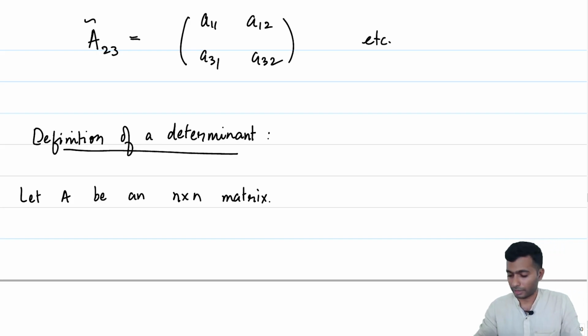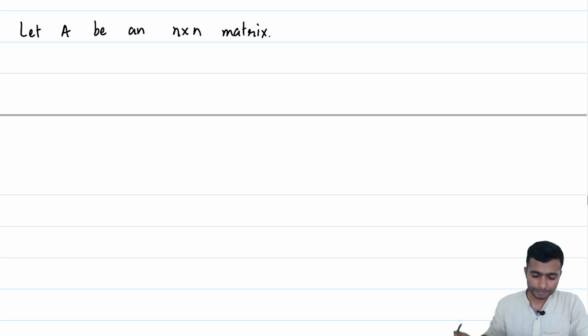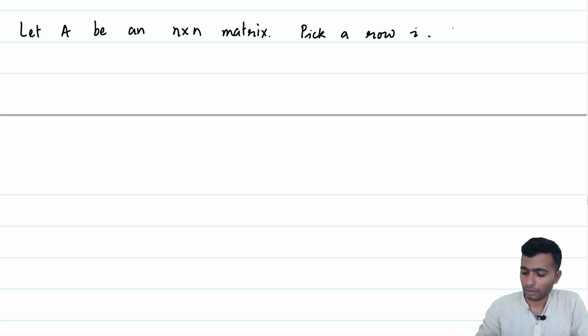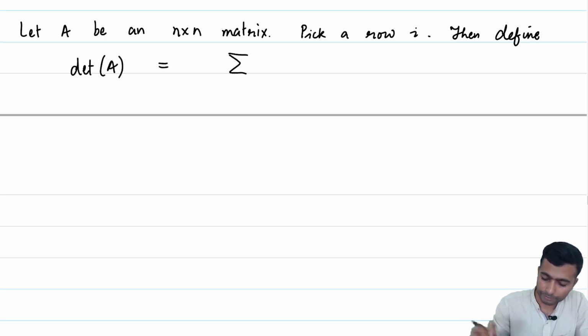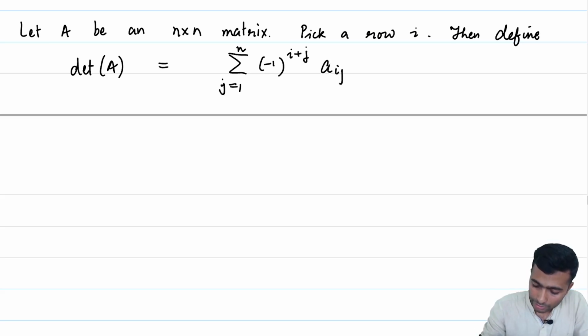Of course, all through our matrices have real entries, so they are all n cross n matrices over R. Pick a row i, then define determinant of A to be equal to the sum, minus 1 to the power i plus j, where the sum is from j equal to 1 to n of A_ij times the determinant of